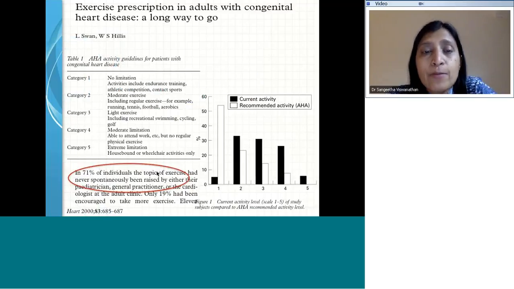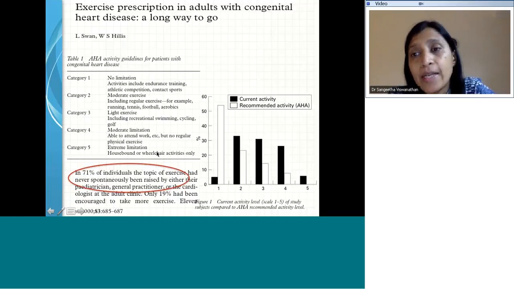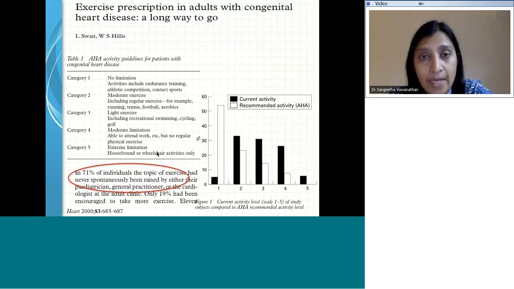In this study that was published quite early on in 2000, patients who were in an adult congenital heart disease clinic were given a questionnaire to determine their activity levels, also to find out what kind of advice they had received regarding exercise, how much they knew about their heart condition, and about how much activity they were allowed. Nearly 70% of individuals had never had a discussion about exercise in their